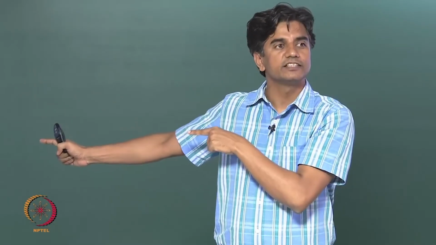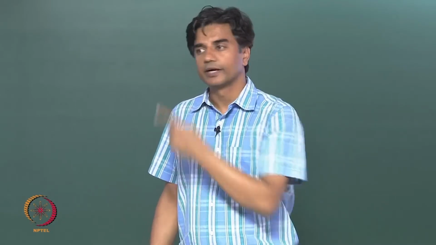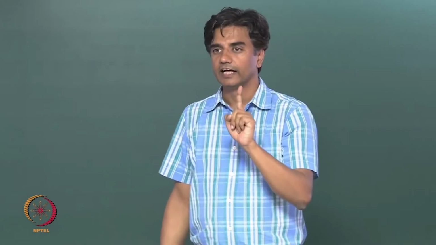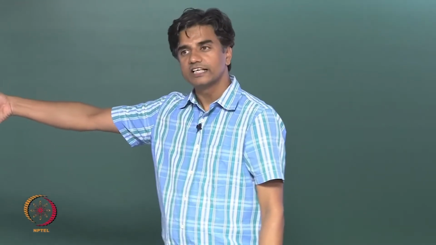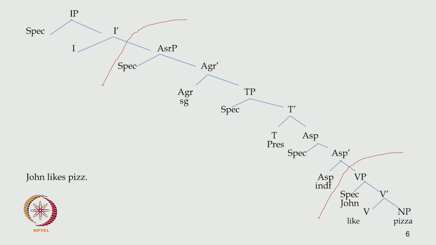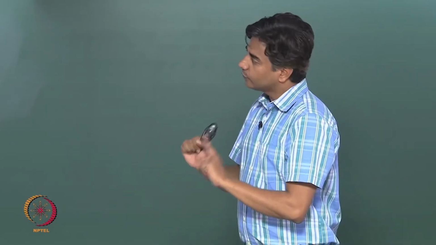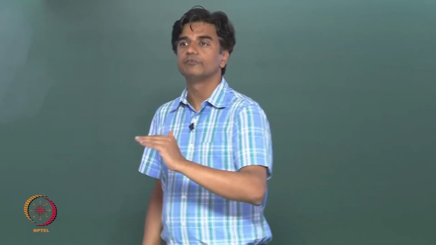It must originate in the lexical domain, but it cannot stay all the time there because it won't be able to maintain agreement. That is the first motivation for movement, and first evidence that this NP cannot really stay here. It has to move outside and go to the spec AGRP. All right? I'm coming to your question in a moment. I do not mean to bring in too many technical details right now, because we are talking about movement, and I only want to show you a couple of compelling reasons for movement.